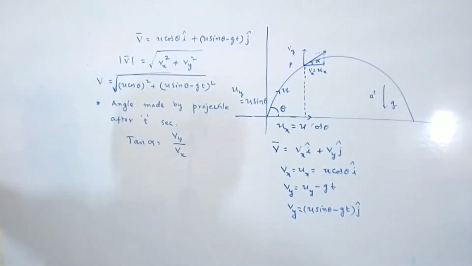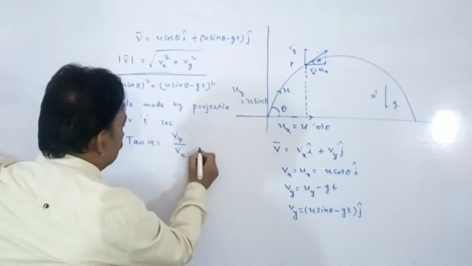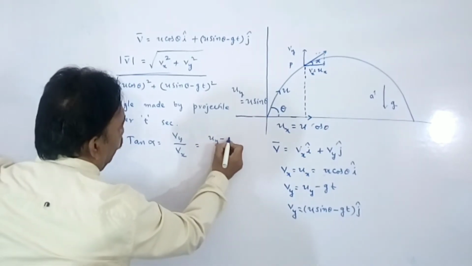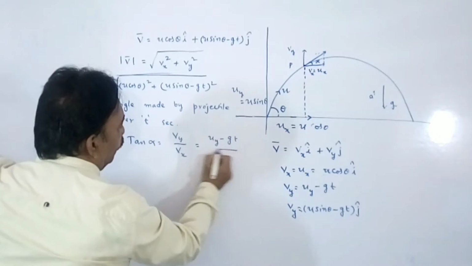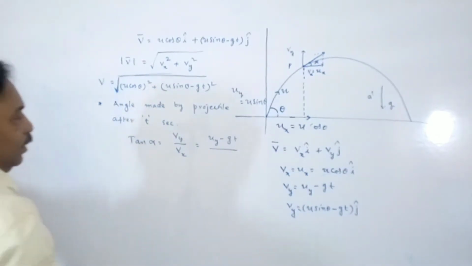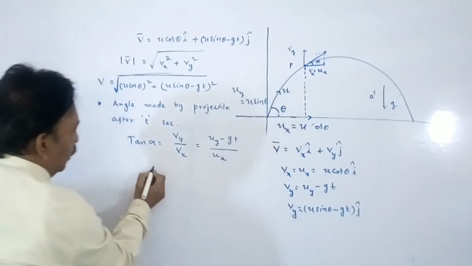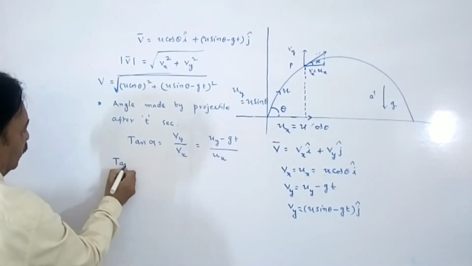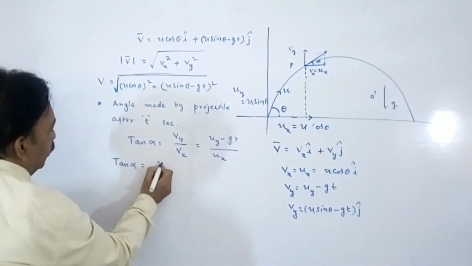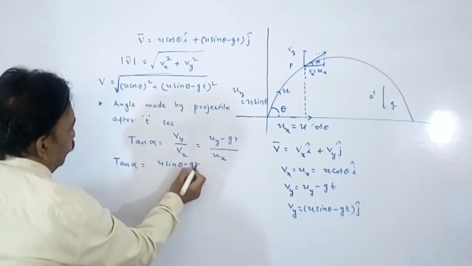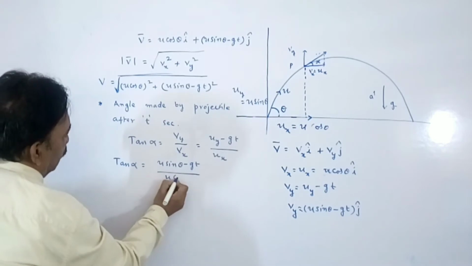Okay students, here Vy we already got, it is U y minus gt, by Ux. Or simply we can write tan alpha is equal to U sine theta minus gt by U cos theta,